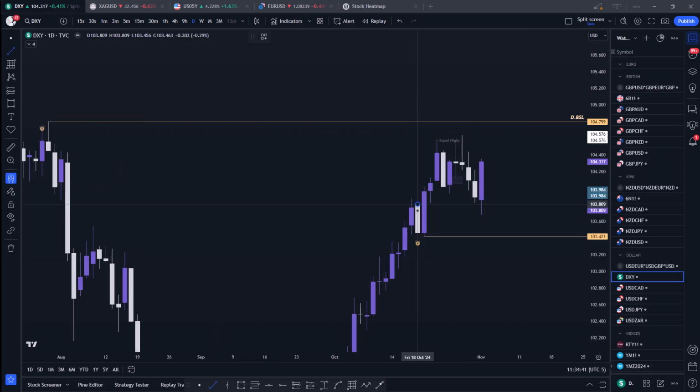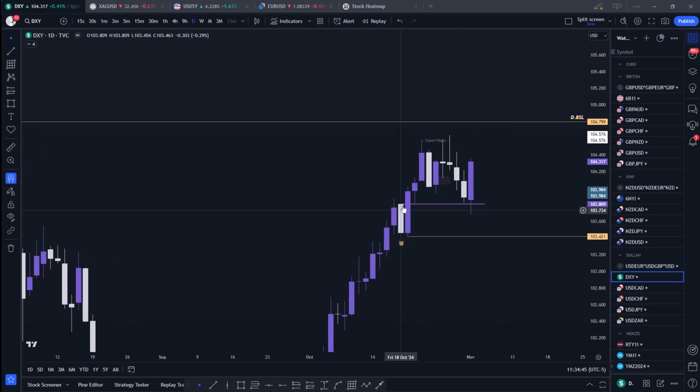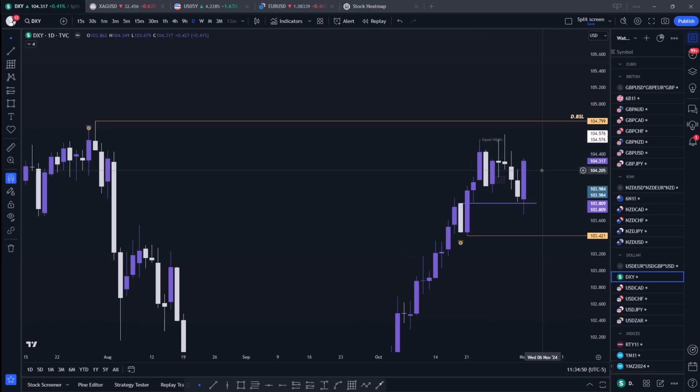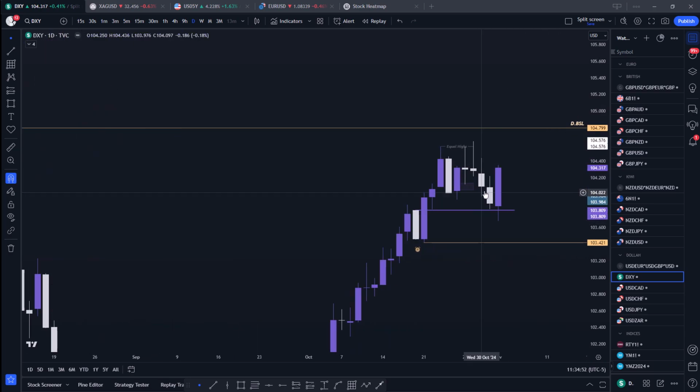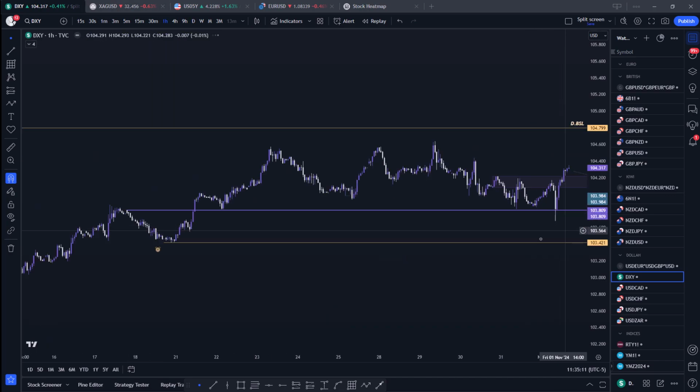So NFP happened last week. NFP rejected aggressively away from this down close candle, away to try and possibly make a new high. So for me personally, since we have now closed above this down close candle, I'll be watching the wick to body and not necessarily the body. I'll be watching the wick to body to see if it could be used as a continuation area for higher prices. That's my very short insight or view on the dollar.